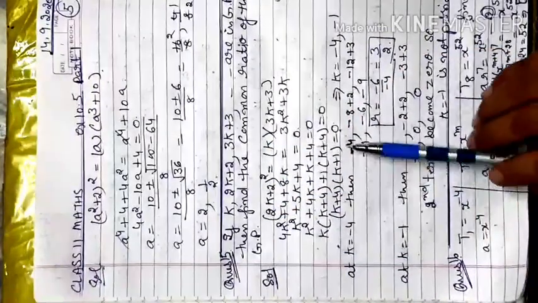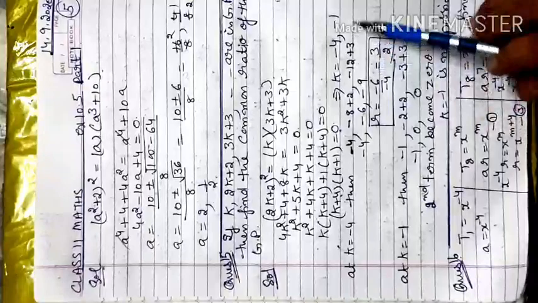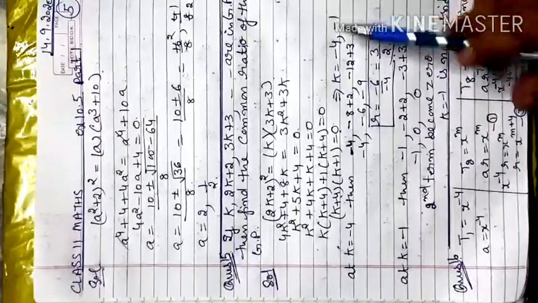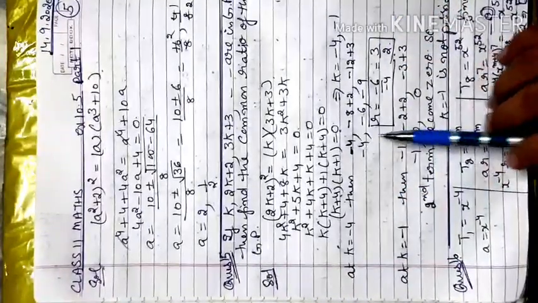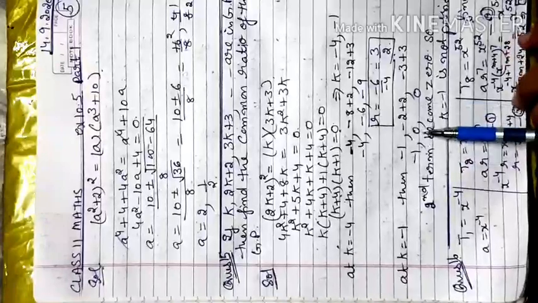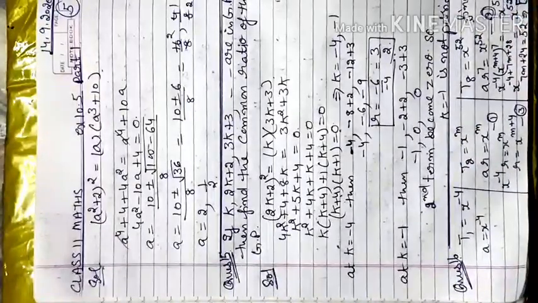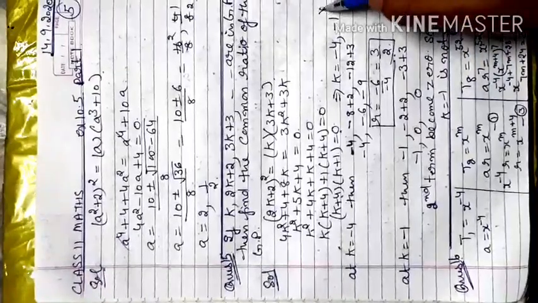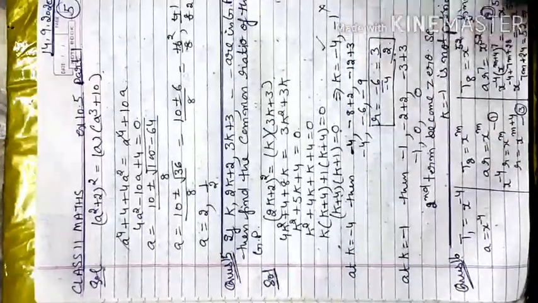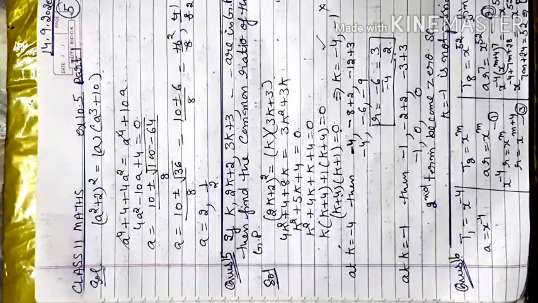You check, because when I solved that I got two values of K, -4 and -1. So according to that I will generate two types of series. In the second series, the third term is 0, so that is not possible in a GP series. So K equal to -1 will not be accepted, and K equal to -4 will create your exact GP series in which your ratio is the same.